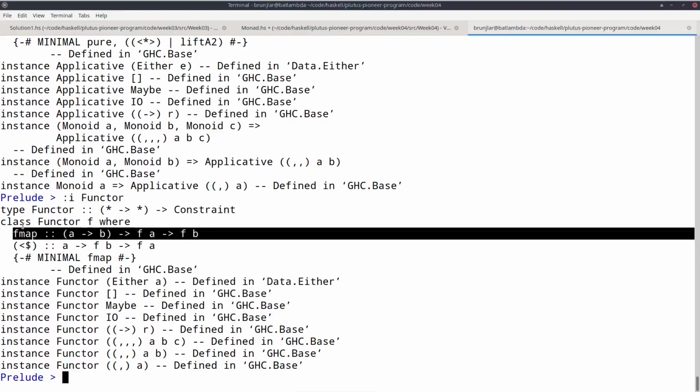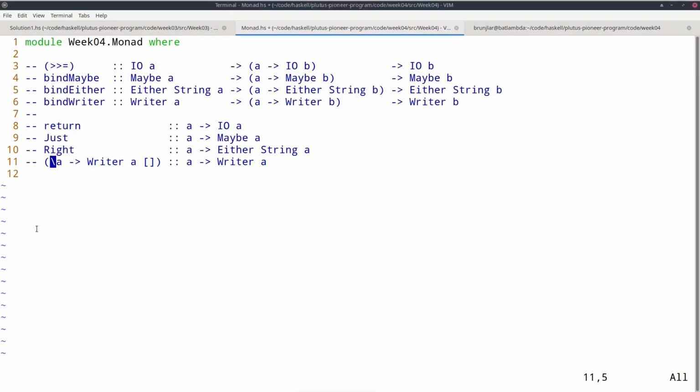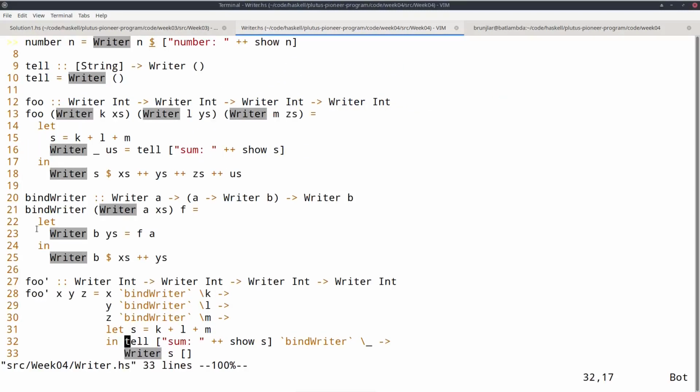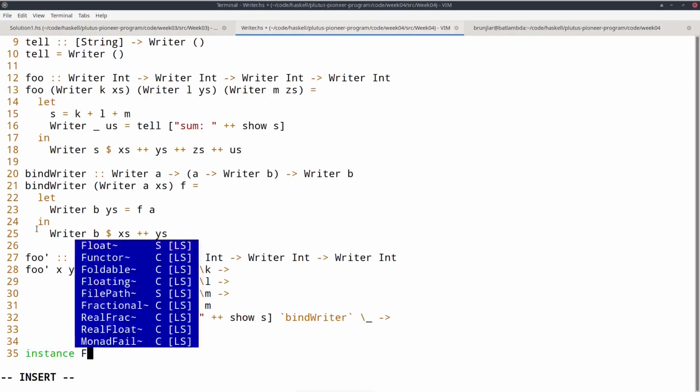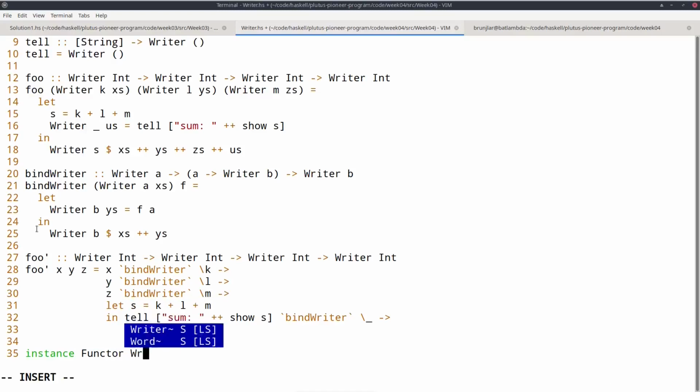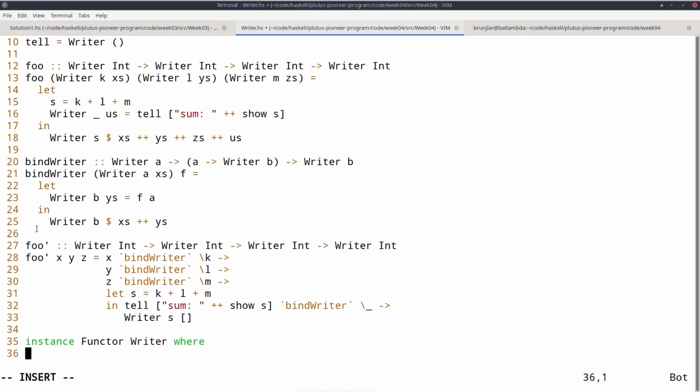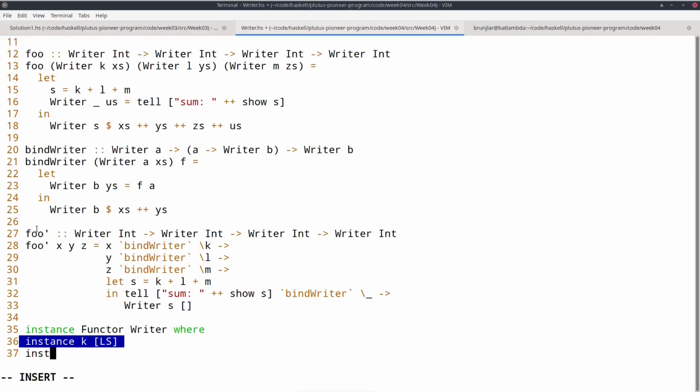So if you want to define a monad, you always define return and bind, and just to make the compiler happy, you also give instances for functor and applicative, and there's always a standard way of doing that. We can do this in the example of writer. If I want to define a monad instance for my writer type, I need functor, applicative, and monad. But in almost all cases, you never do that explicitly, so I leave that open for now.